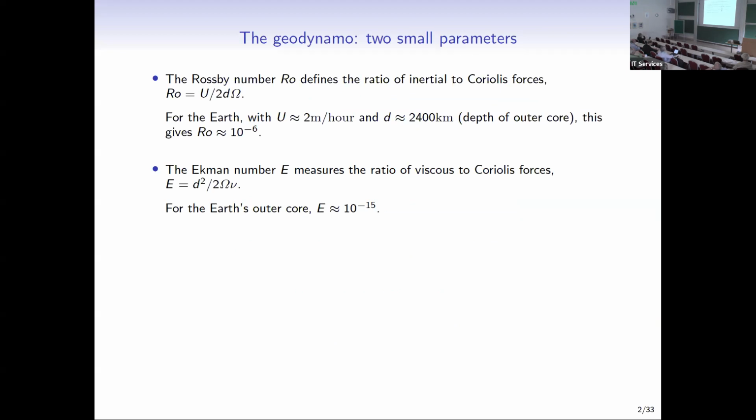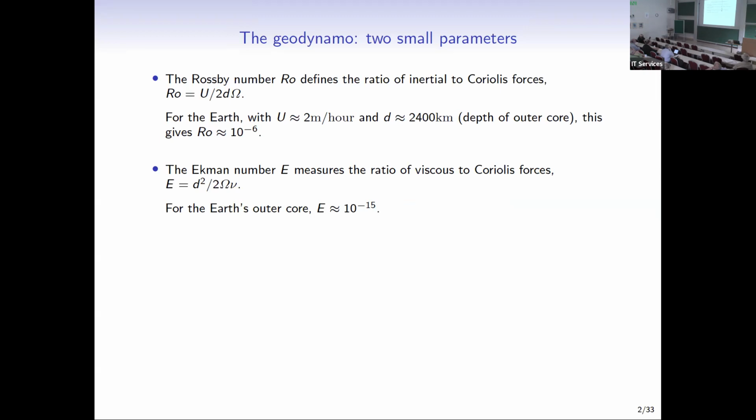Okay, so this is not a geodynamo talk. That's my disclaimer. As you'll see, the geometry we look at makes it absolutely not a geodynamo talk, but it is a talk motivated by consideration of rapidly rotating dynamos. Okay. So if we consider the geodynamo, then there's two small parameters, as we know, the Rossby number